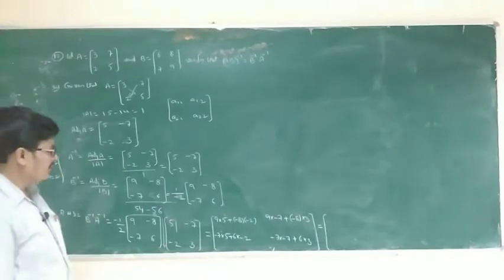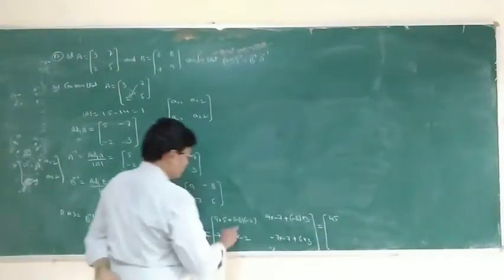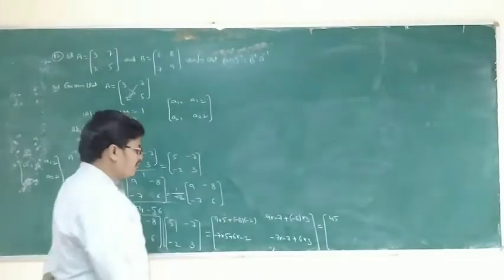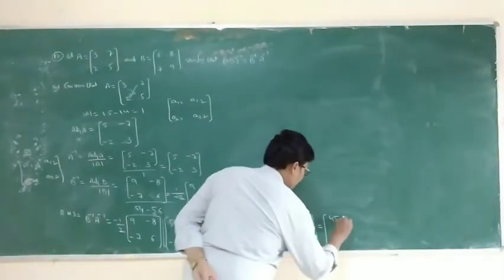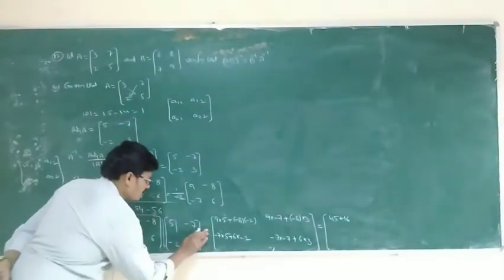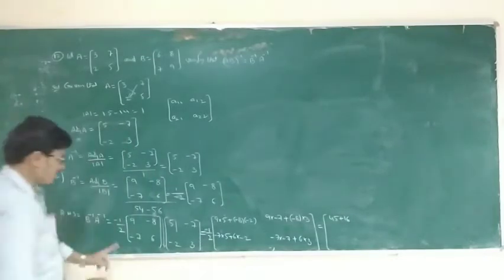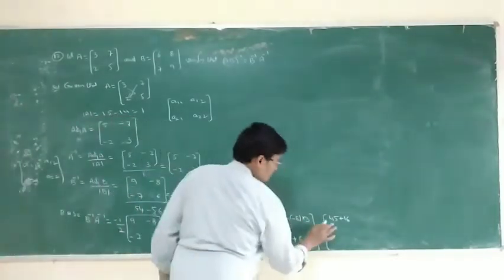That is equal to 9 into 5, 45, plus minus 2 into minus 8, plus 16. This is multiplied by minus 1 by 2 also. That is equal to minus 1 by 2, same as it is up to the last.